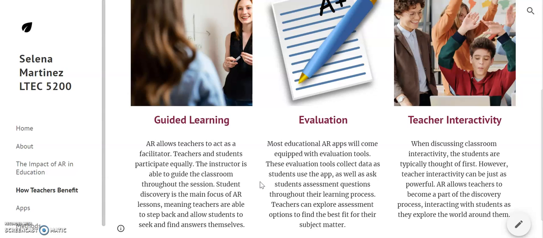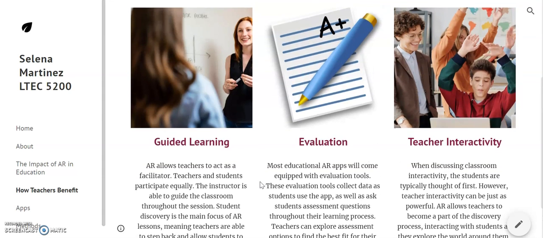Augmented reality puts the learning in the student's hands, and while the teacher is still very much in charge of facilitating the learning and guiding the students, they are able to be more of a guide than the instructor at the front of the classroom. This gives students a chance to discover and learn on their own with the help of the teacher. So this can be more interesting for the teacher themselves.